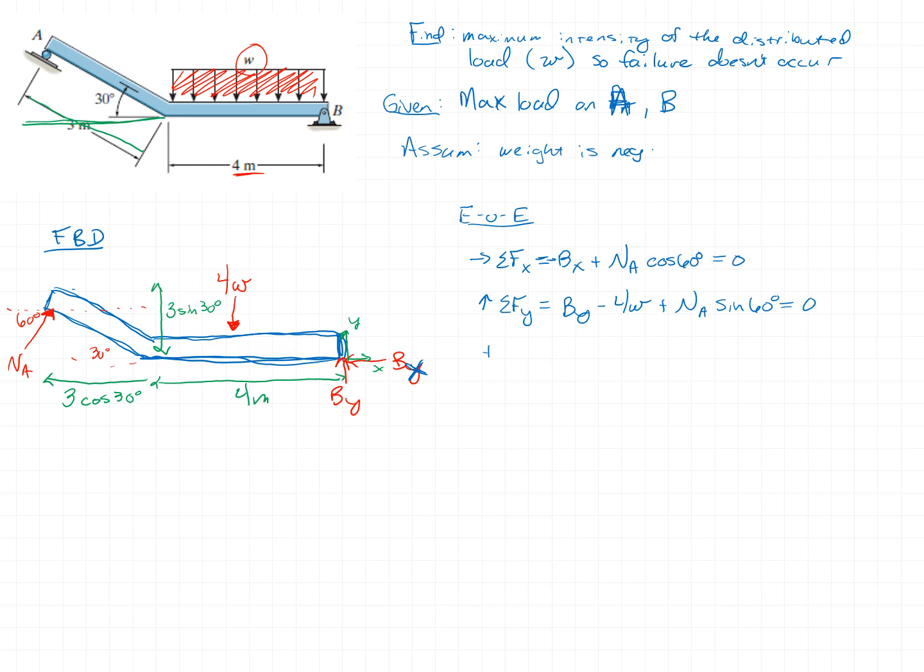Then I will sum my moments about B, so I get rid of those two unknowns. I have 4W times its moment arm, which will be halfway, 2 meters, minus, that's positive because it's in the counterclockwise rotation, but the x component of NA, NA cosine of 60, will be in the clockwise rotation, so it's negative, and its moment arm